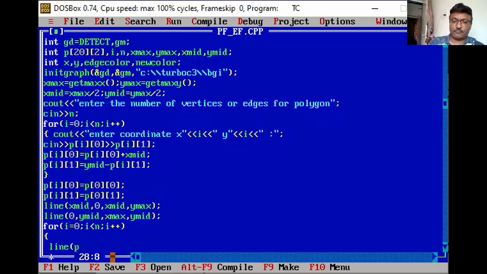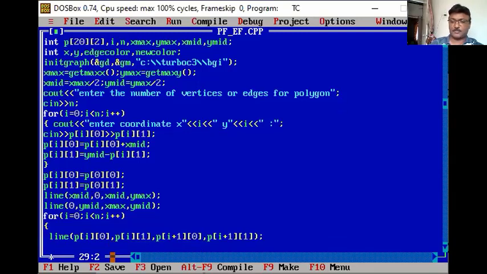So line P of I0, comma P of I1, this is my x1, y1, then P of I plus 1, 0, comma P of I plus 1, 1. This is my x1, y1, x2, y2 coordinates. Here I used the curly bracket, but it's not required because I have only a single line.